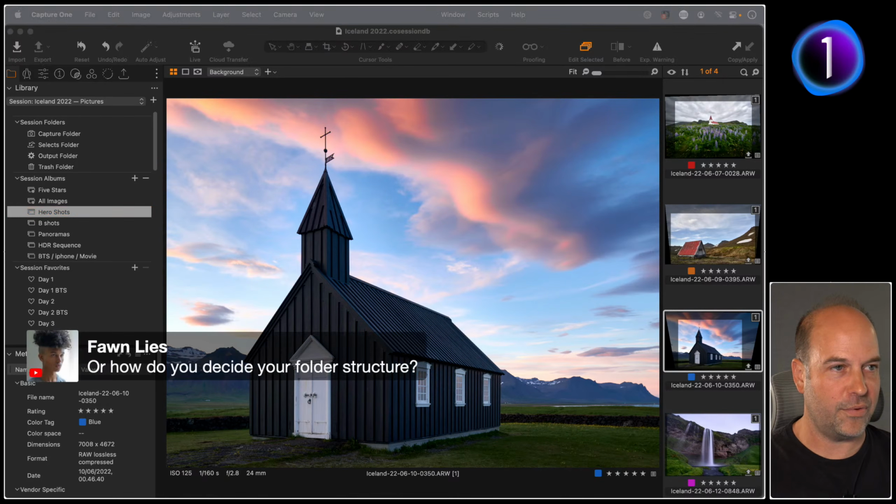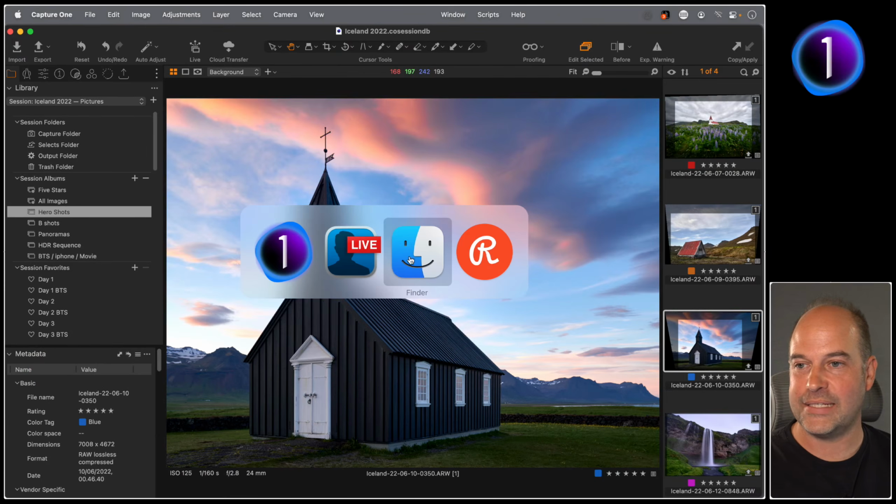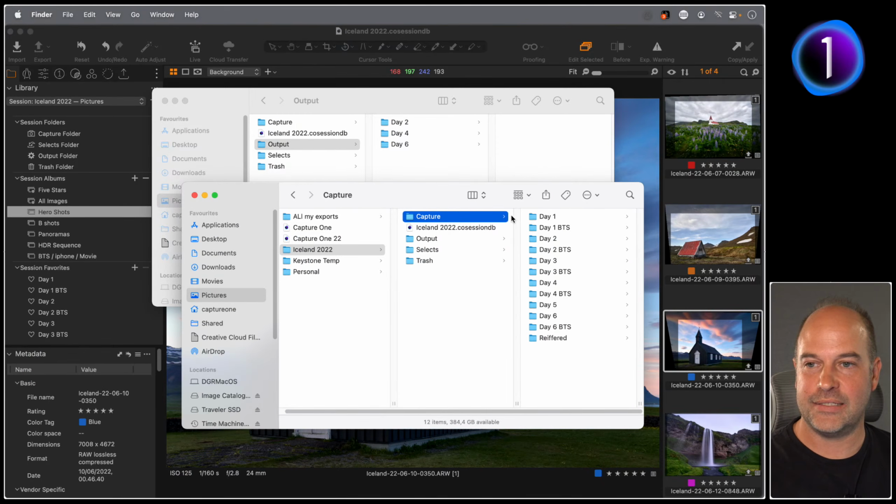How do you decide your folder structure? How long is a piece of string? Lots of different ways, really. If you look on the YouTube channel, there's a video all about session management, which is an hour long, I think, and we can talk about it there. But basically, the way to do it is divide up your capture folder into something that makes logical sense for the photo shoot. So if I was doing headshots, we'd have head 1, head 2, head 3 with their